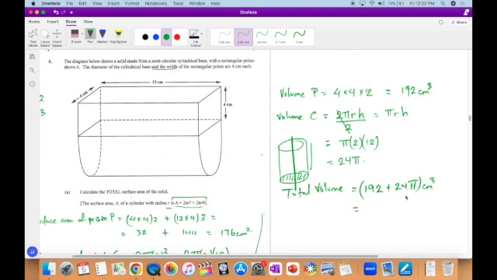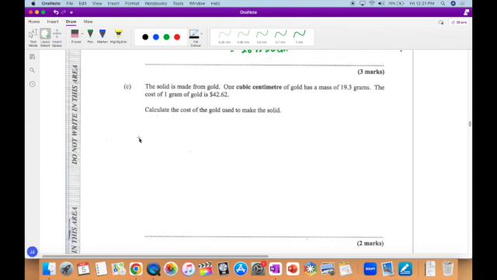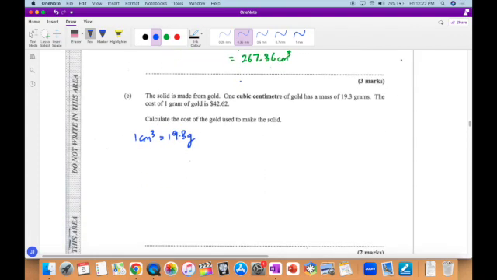I mean, can we use pi as 22/7? Let's just use 3.14 multiplied by 24 plus 192 gives us about 267.36 centimeters cubed. So the solid is made from gold, apparently. So 1 centimeter cubed has a mass of 19.3 grams. I don't even need to read the rest of the question, because we know that we got